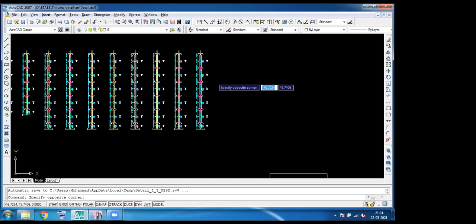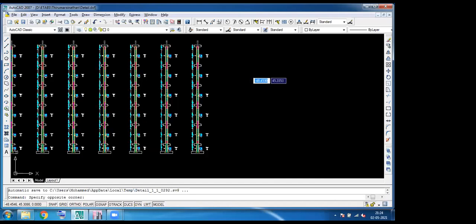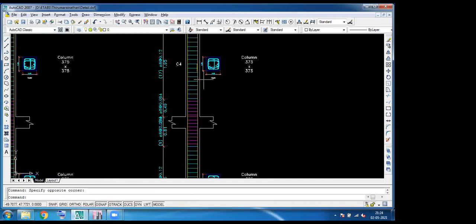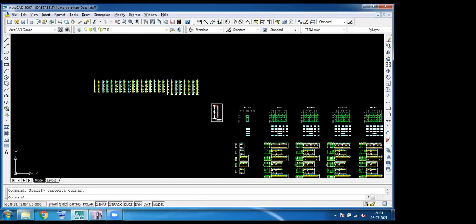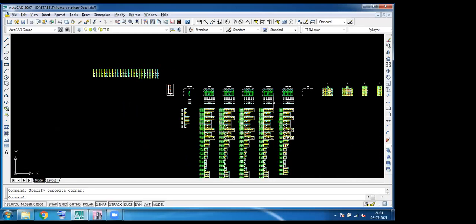Someone is asking, sir, how can we estimate steel consumption for columns and beams? We can use other software like Revit, or you can simply use the bar bending schedule procedure for calculating, because right now, by detailing right here, you can know the number of rods we need for the structure after this process. So you can use the bar bending schedule, or otherwise Revit structures for detailing purposes.